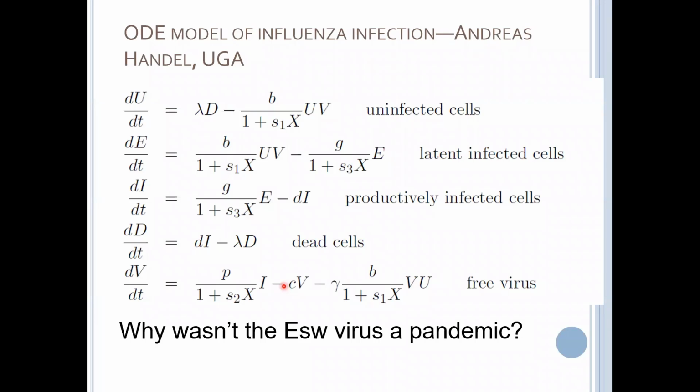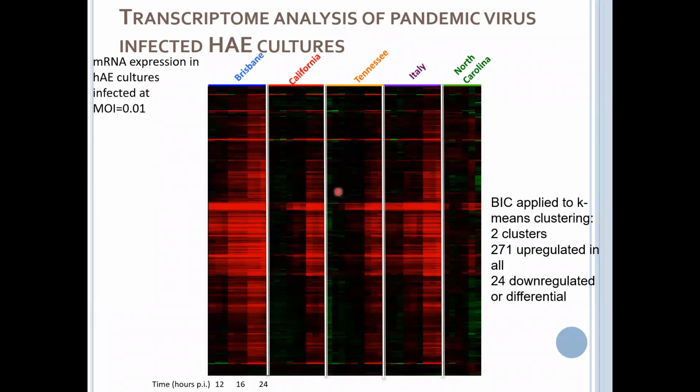So we felt like we had to add in an element of the immune response, but we still just focused on the innate immune response rather than the adaptive immune response. And so we're measuring the innate immune response in the epithelial cells. And so this is looking at RNA gene expression of cells infected for 12, 16, or 24 hours with these